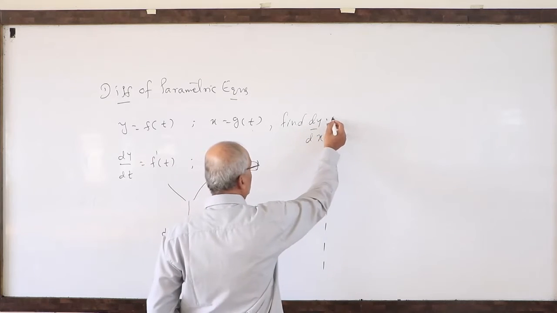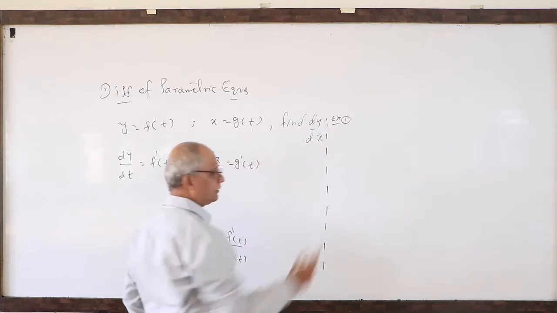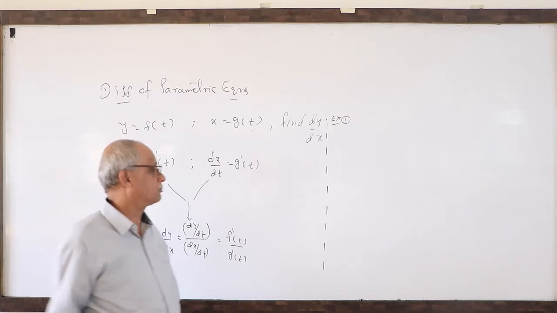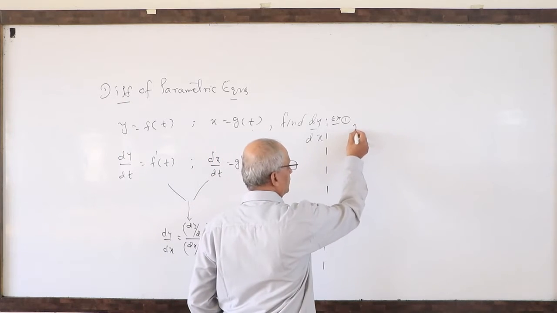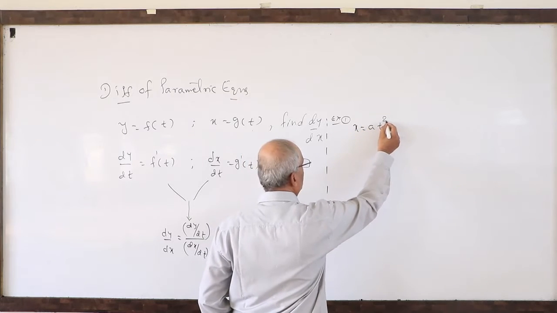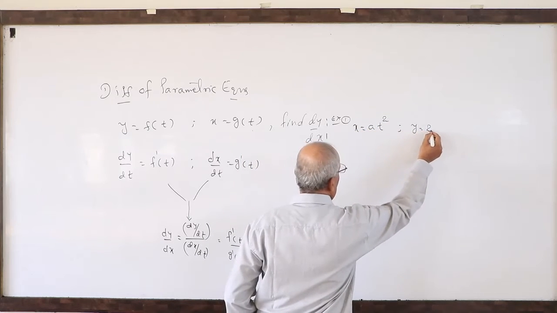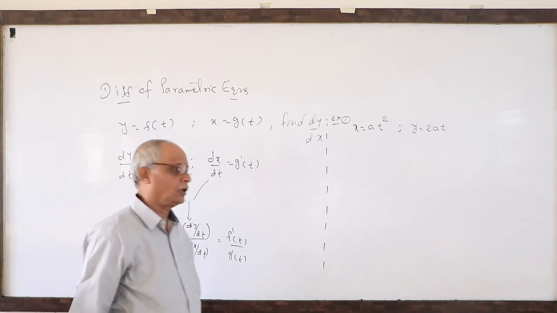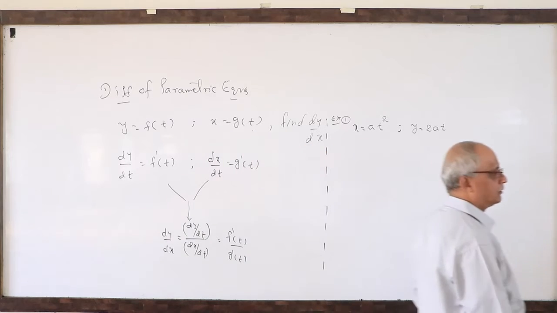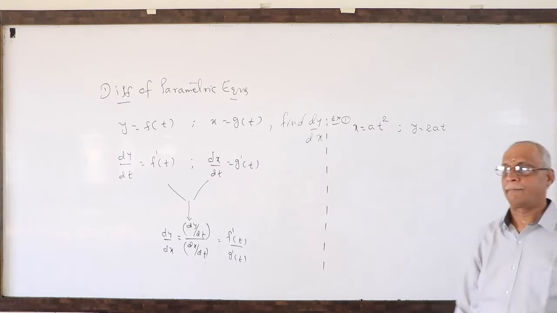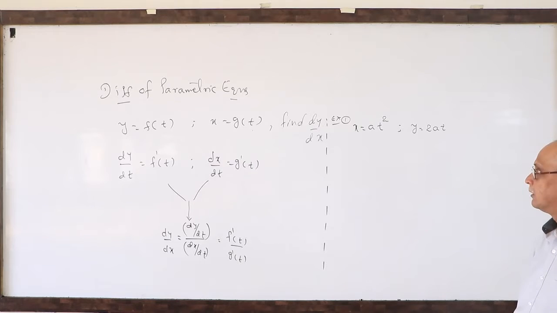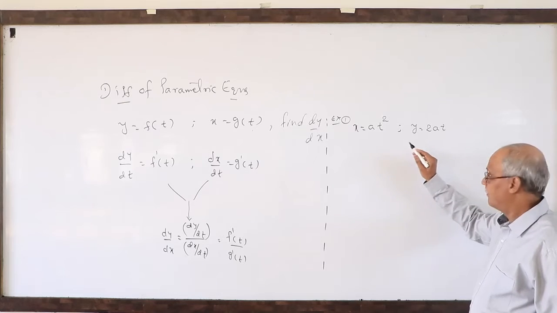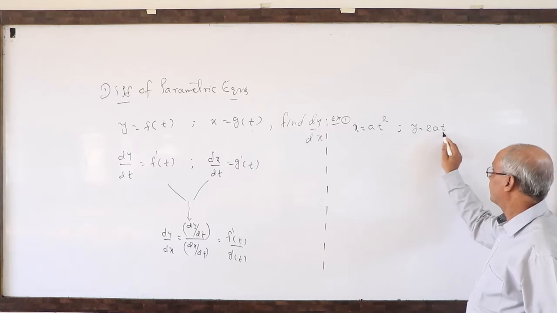The first example I will give you is very common in all the textbooks and all exams. Even in NDA and CET this problem is possible, and you get this in PUC as a 1 mark question. x equals a t square, y equals 2at. It is understood that these equations represent a parabola. That is why they are called parametric equations of a parabola. How do I say it is a parabola? You can eliminate the third person here, the parameter t.